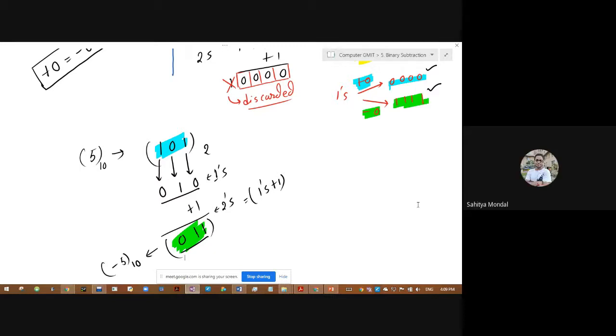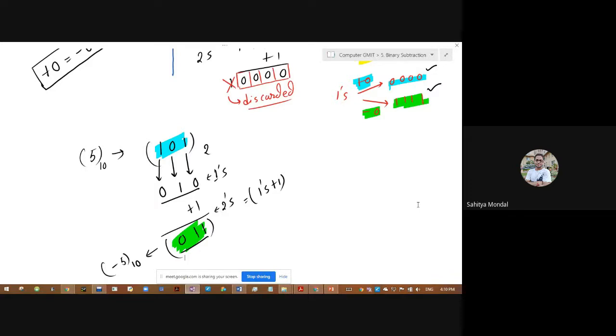No, actually the 5 will not be stored in 3 bits. I have already told that 5 will be stored in 32 bits, and the operation will be the same as what I am saying. If I write these 32 bits to represent 5, it is very difficult for me to count all those zeros before and after toggling. It will take time. That's why I always represent it using 4 bits. That is for the representation, to demonstrate what is happening, but actually the things will happen in 32 bits. So if you can understand it with 4 bits, you can do it with 32 bits by